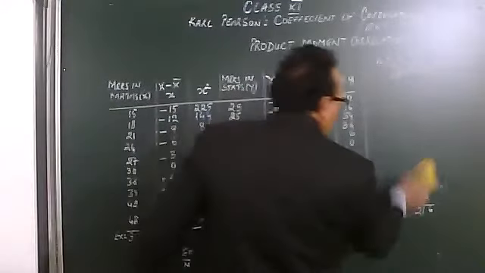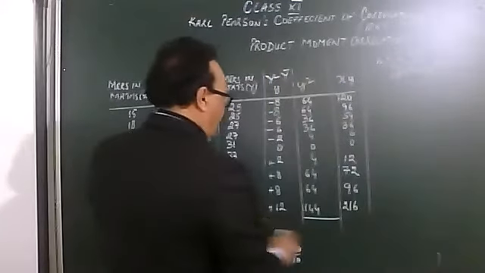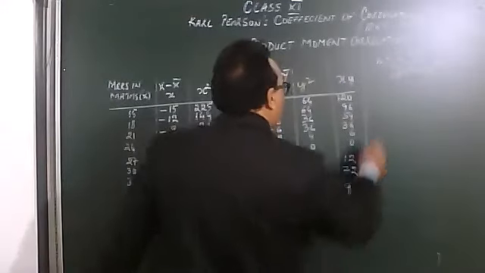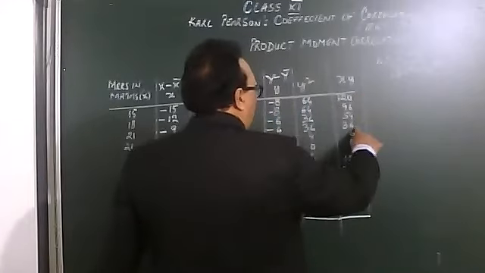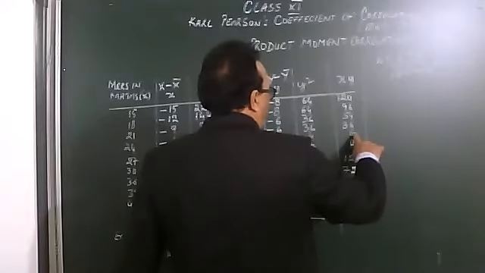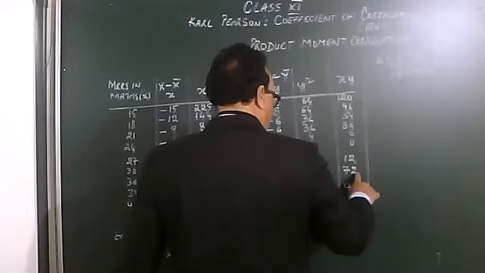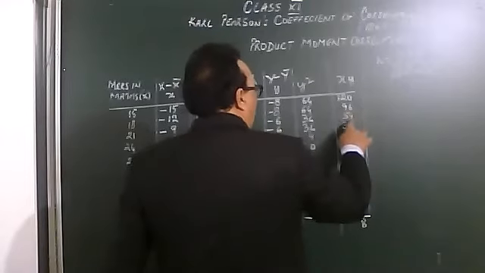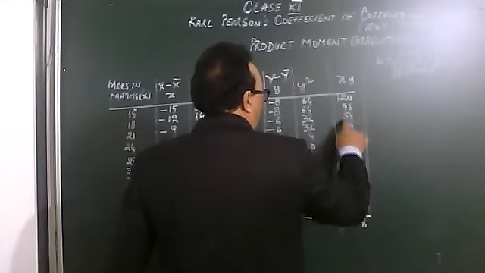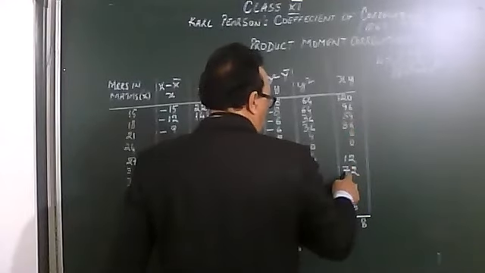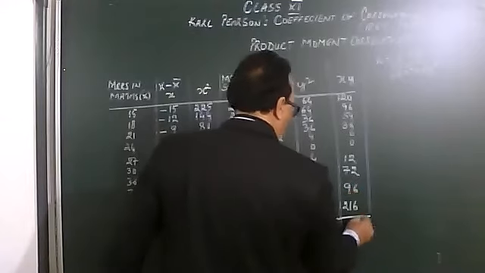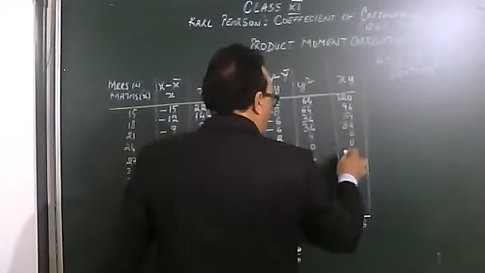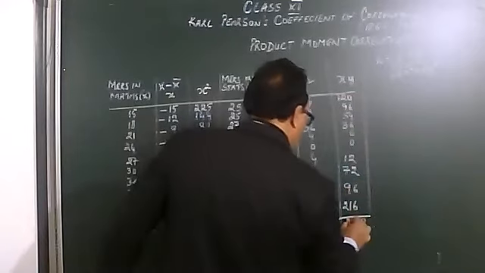Now we need to sum it up. So we need the sum of this. 6 and 4 is 10, 16, 22, 24, 26, 32, and 6 is 38, carrying 3. Here to 5, 9 and 5 is 14, 19, 20, 21, 22, 23, 30, 39, 40, carrying 4 to 5, 5, 6, 7, 708.